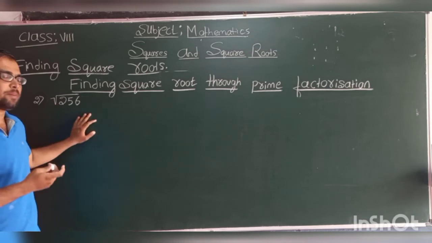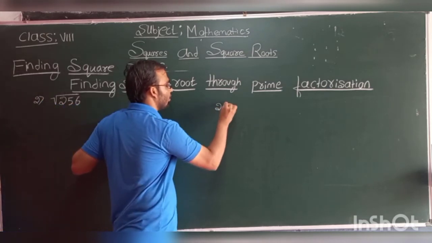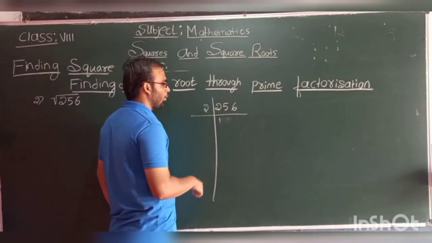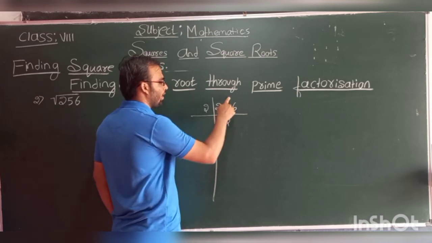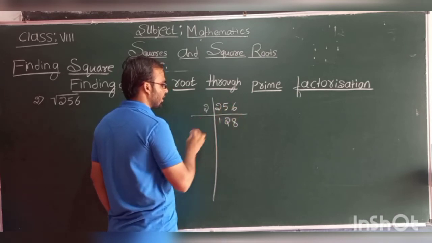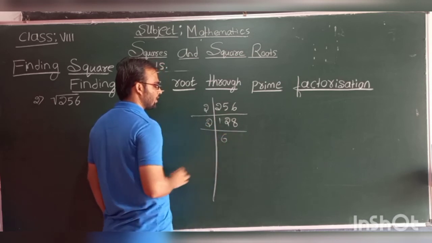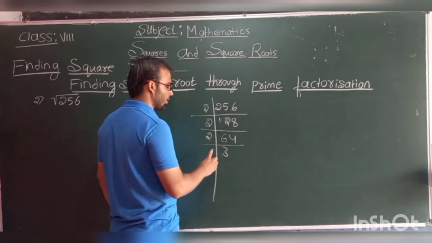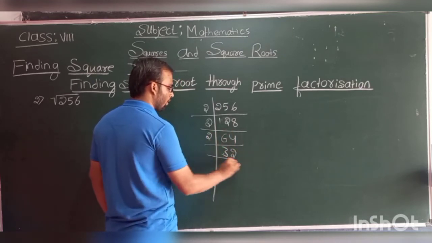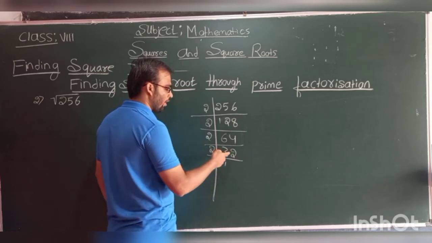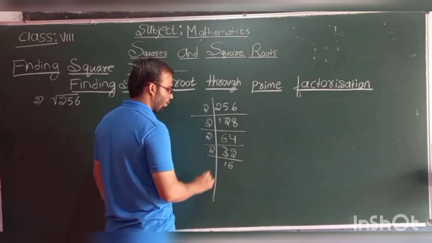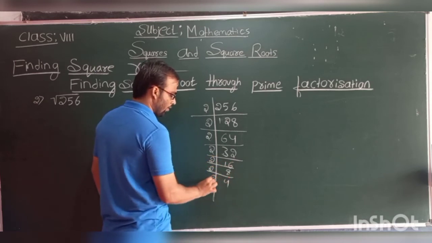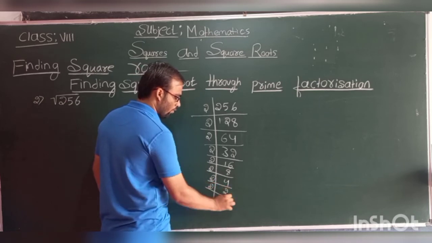Okay. So what is the next step? We need to factorize this one. We need to do the LCM of 256. Okay. So 2 1s are 2, 2 2s are 4, 1 remains, it will become 16, 2 8s are 16. Next, 2 6s are 12, 2 4s are 8. So 2 3s are 6, 2 2s are 4, 2 1s are 2, 1 remains, it will become 12, 2 6s are 12, 2 8s are 16, 2 4s are 8, 2 2s are 4, 2 1s are 2.